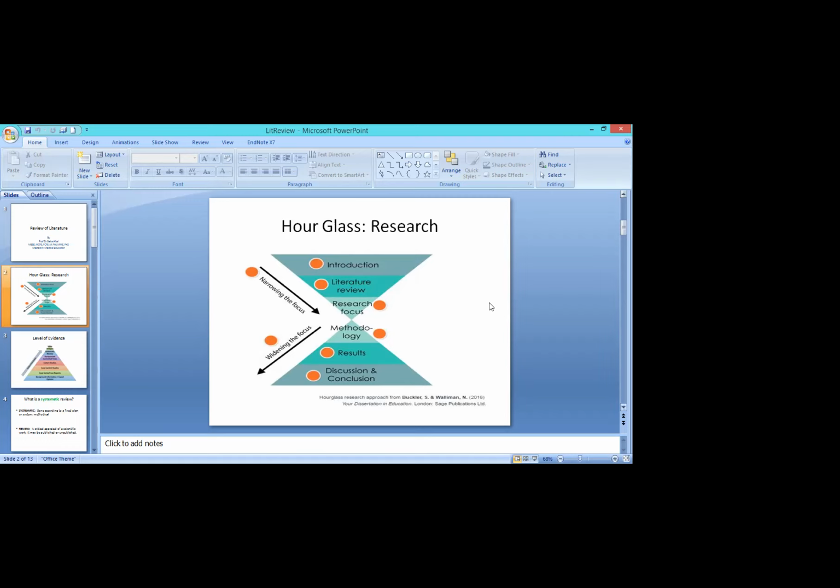Similarly, in research, you have to introduce your research topic, because it is something new that has been added to the existing literature. So you have to introduce it with the statement of the problem, with the burden of the disease, with the important definitions that are standard definitions, and there should be citation. As I have given you the citation on this slide, similarly, you have to give the citation of all these standard definitions that you have used in your introduction.